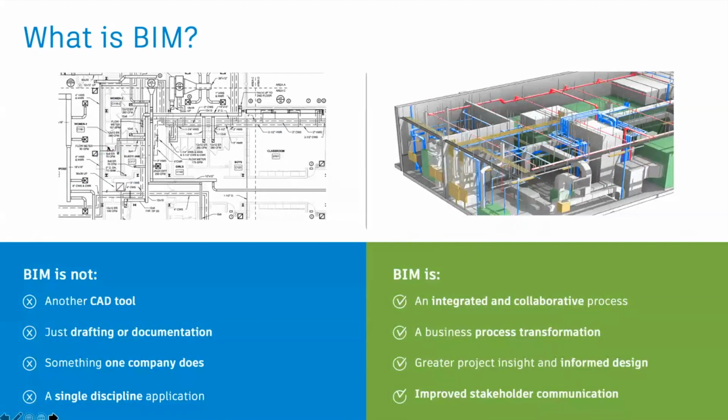So if we look at the big differences between CAD and BIM, looking on the right-hand side of this slide first, we can see building information modeling is enabling the AEC industry to transform. And it's because it's this integrated and collaborative process. It's also important for companies to remember that it's a process transition. It's a cultural shift from going from even 3D CAD to BIM, because you are beginning to interact with the model in different ways, and you're using information and data to drive outputs and decision making. And that's really one of its core tenets.